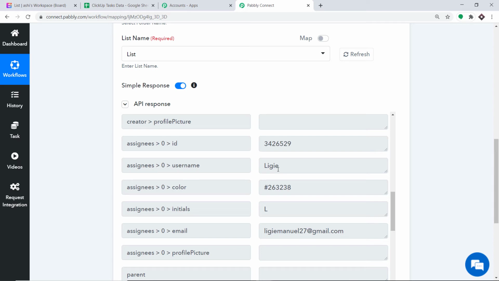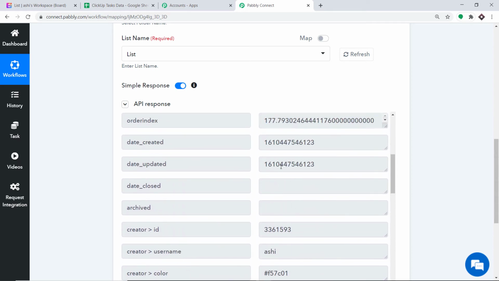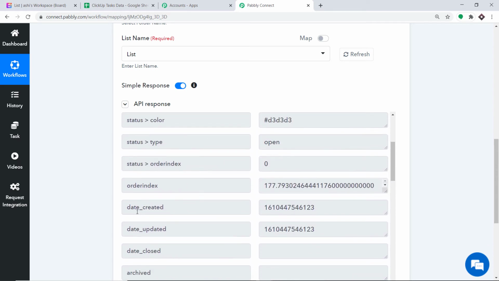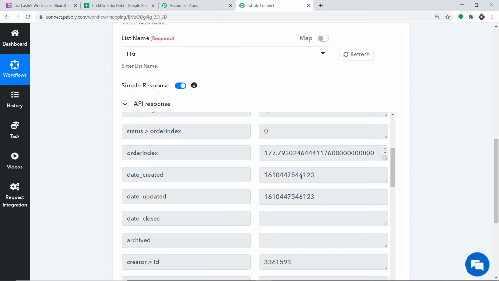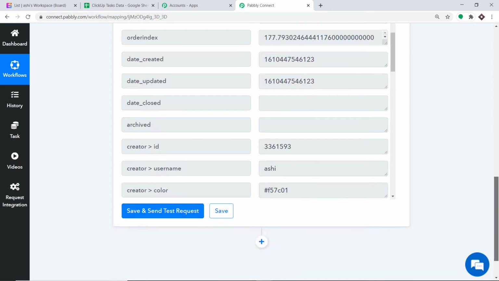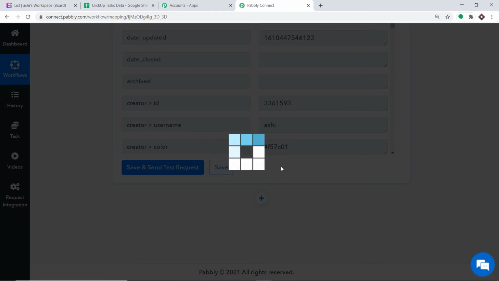But before we deal with Google Sheet, let me show you something. As I mentioned before, as you can see, the date it was created is showing in machine format. This is something known as the machine format or the POSIX format. And since this is in POSIX format, we as normal humans can't really understand this. So basically we have to convert them into days, months, year format. To do that, all you have to do is just click on this plus button.